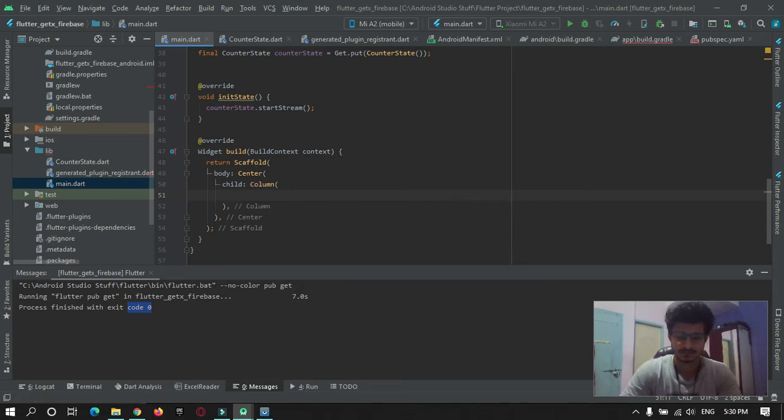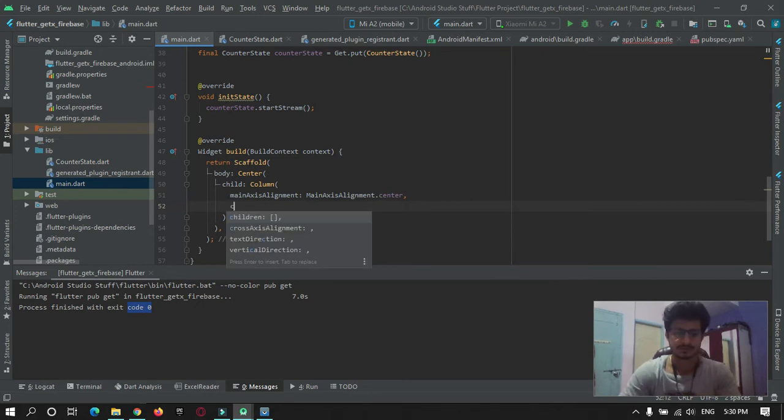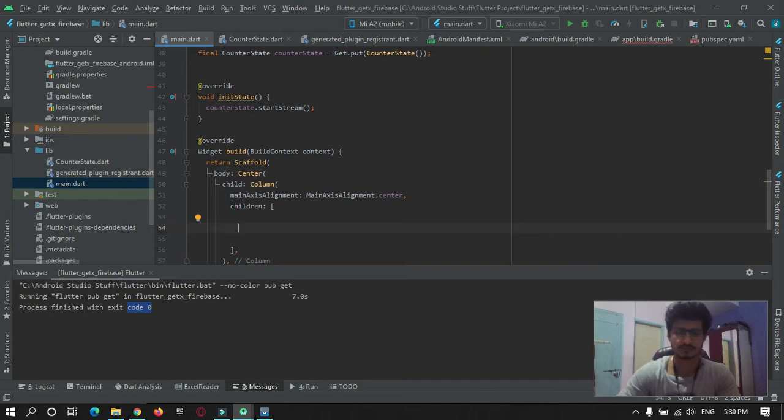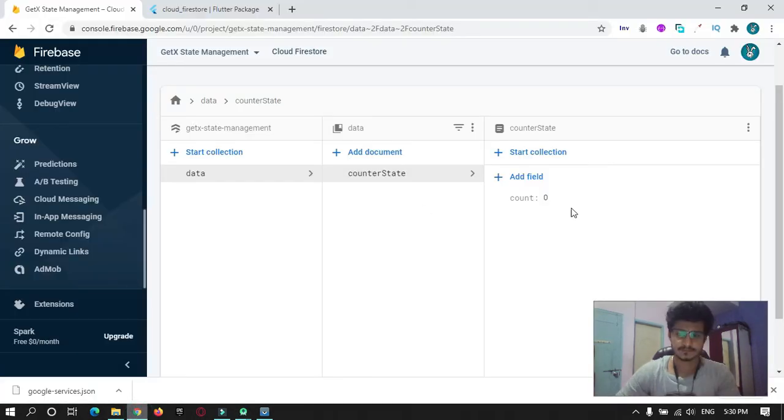Here first we will set mainAxisAlignment to center. Then in the children tag we will first show the data from the Firebase server in the text, that is count 0.